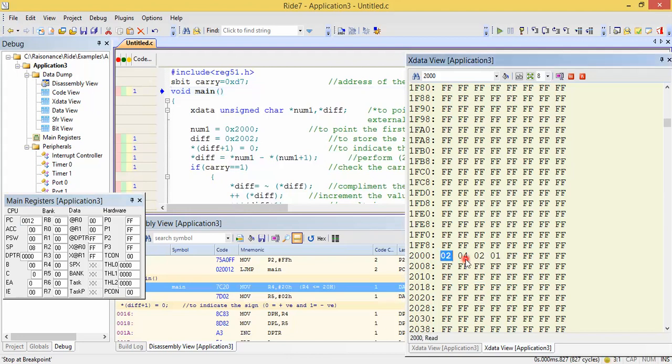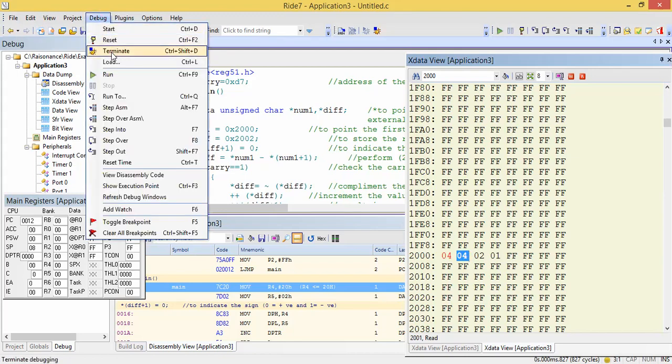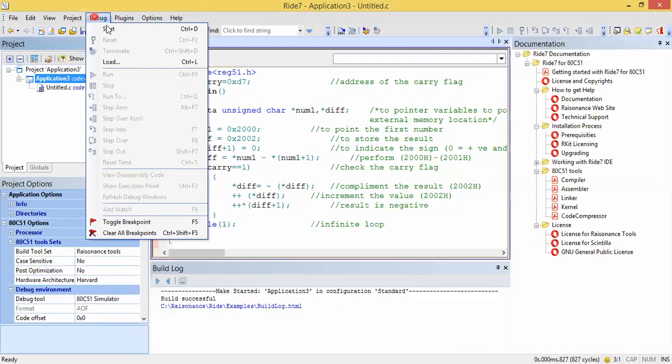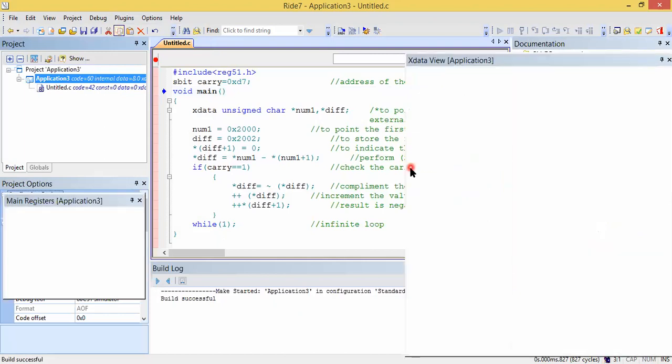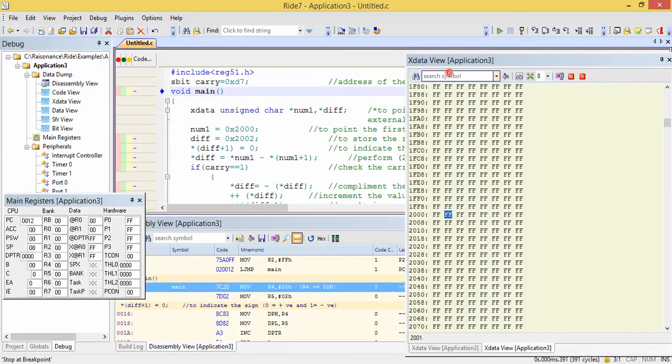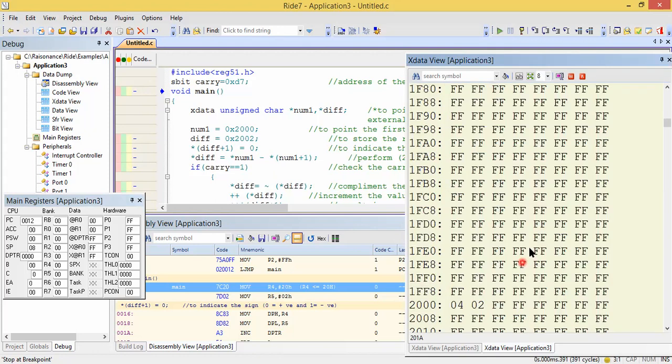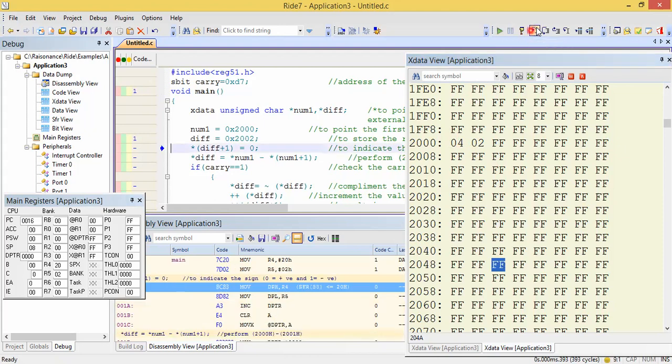Terminate and we will start again. Assume that this location contains 4 and the second location contains 2. Now we'll perform 4 minus 2, and we'll start the execution.